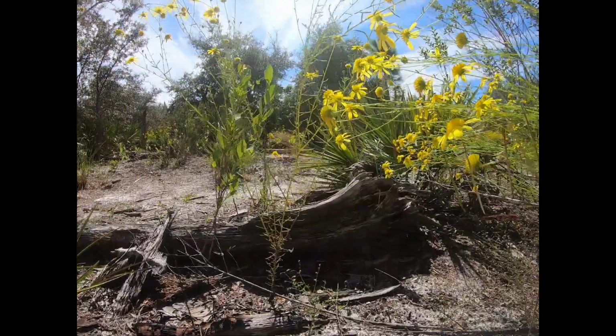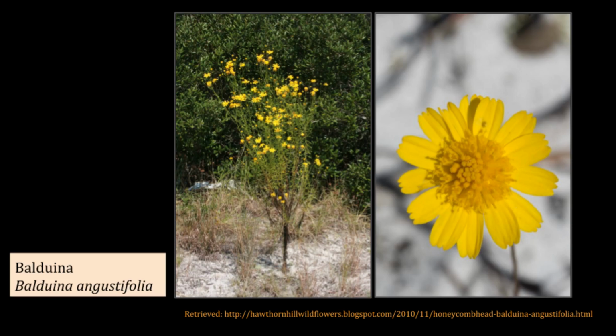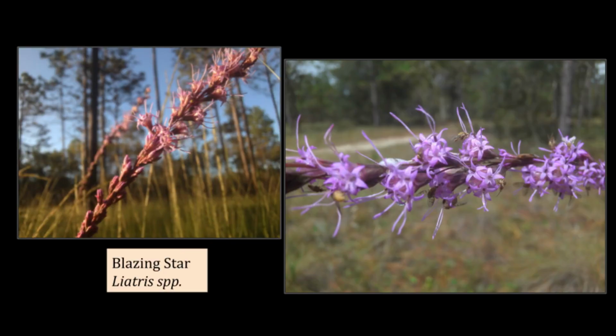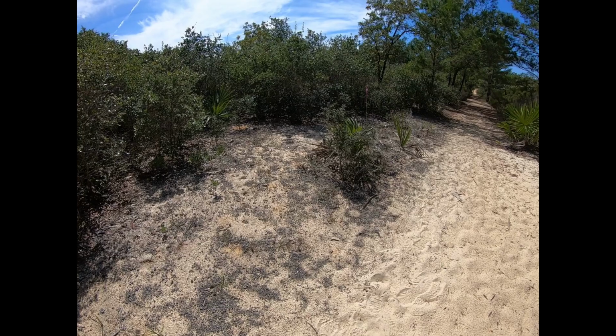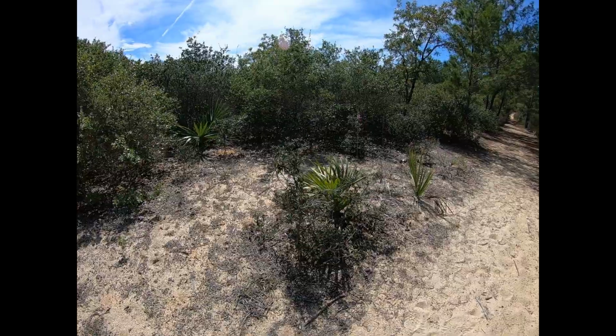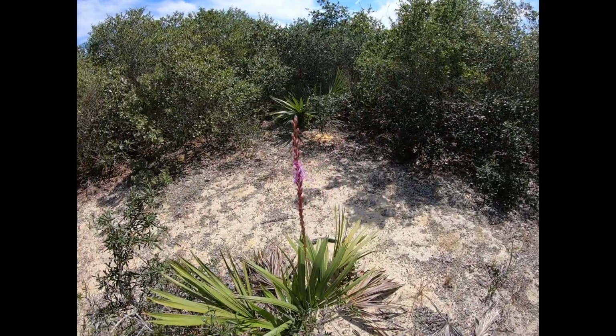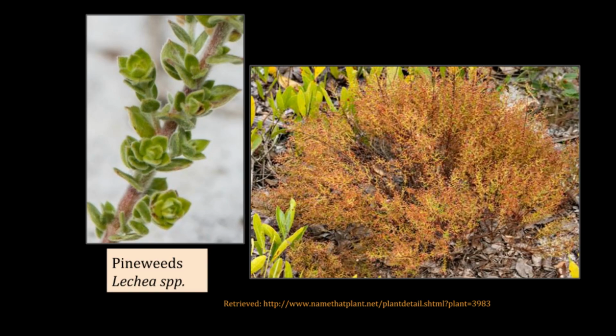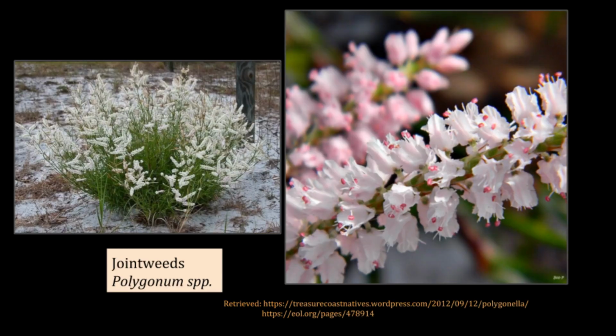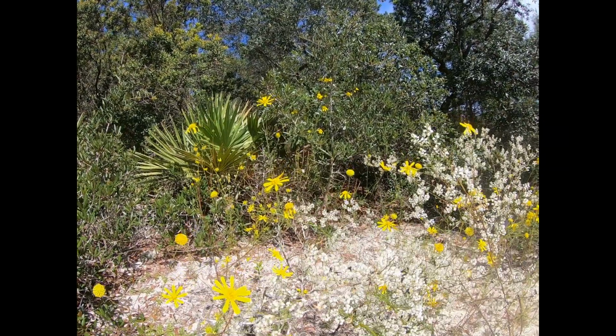Something else, one very glowing and popping set of species that we're seeing in terms of the forbs, include things like Baldwinia and species like Liatris. And some of these Liatris species that we're seeing here today are also found in sandhill communities as well. And then just some other general species that you will find in scrub communities, and sometimes are only found in scrub communities, include things like Lechea, which are pinweeds. Certain species of pinweeds only are found in these scrub communities, and also a number of jointweeds